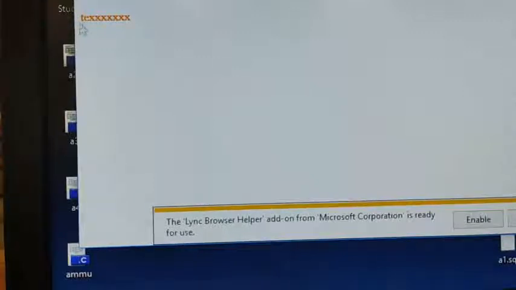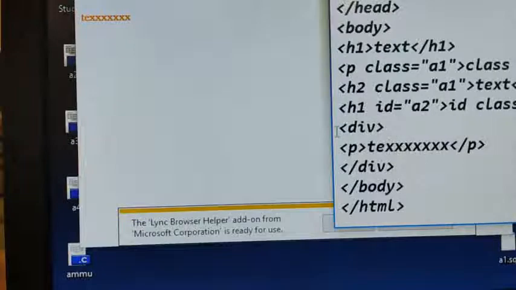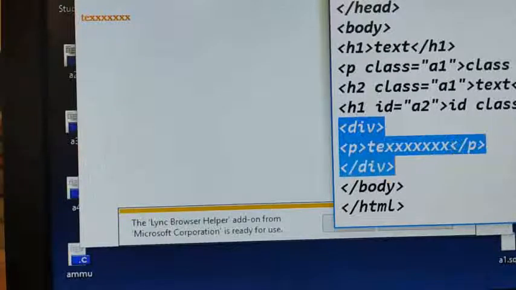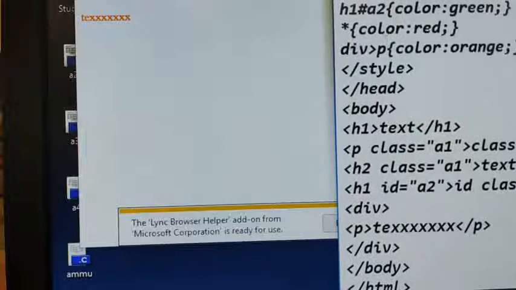See, this text, inside the division whatever paragraph is there, that text I have given orange color. Division, inside the division, this is the parent tag, you can see, and this is the child tag.